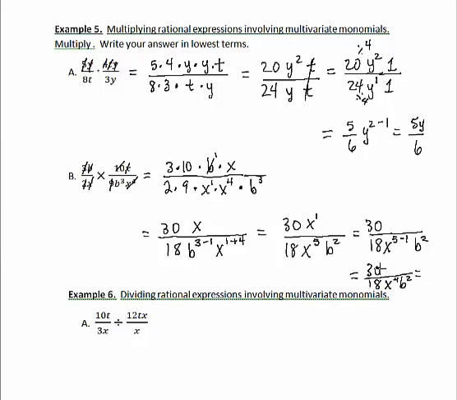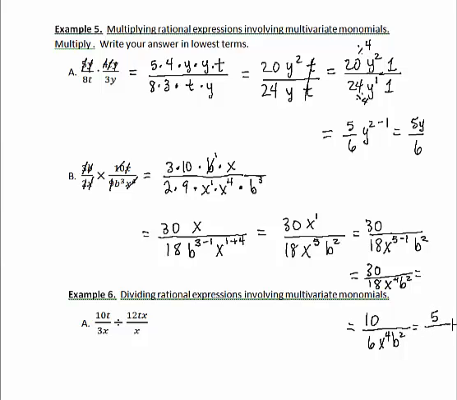squared. And now the only thing left to do is to simplify the numbers, and we could have done that from the beginning, but each of these are divisible by a 3. So we get, let's see, what is the largest common denominator here? Well, if I divide by 3, I get a 10 over a 6, and then I get x to the 4th and b squared, and I can divide it by 2, so I